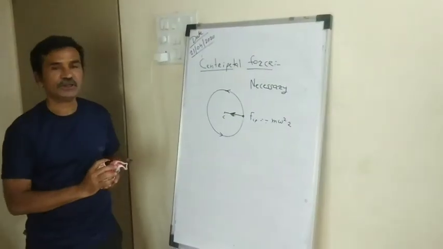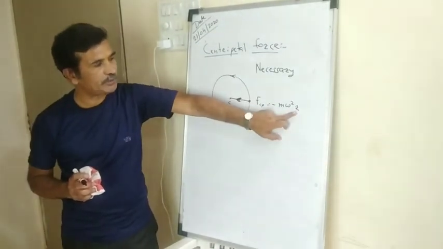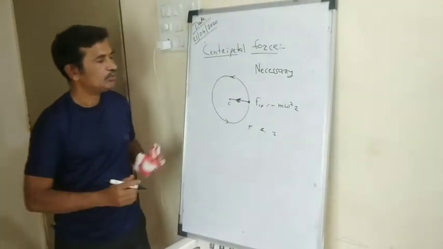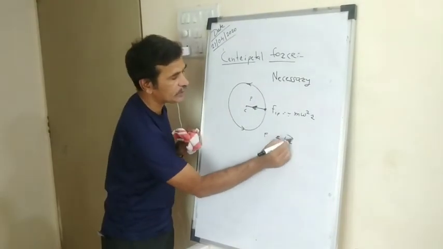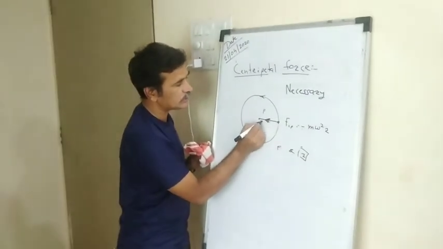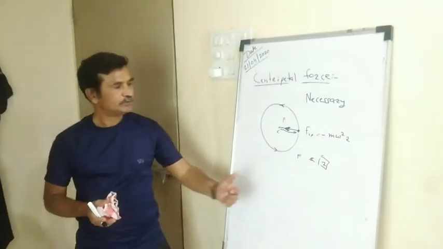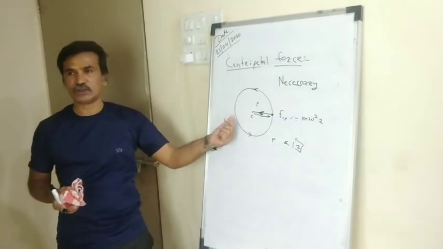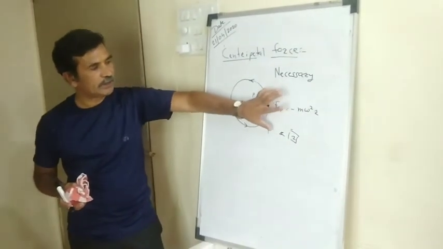This minus sign has a typical scientific meaning. This minus sign indicates that the direction of this force and the direction of r are exactly opposite to each other. The force is directed towards the center of the circle, while this radius vector, that means a vector drawn from the center of the circle to the exact position, is going away from the center. So the direction of this force and the direction of this radius vector are exactly opposite to each other. To understand this, the minus sign is introduced here. So from this minus sign we understand the direction concept.